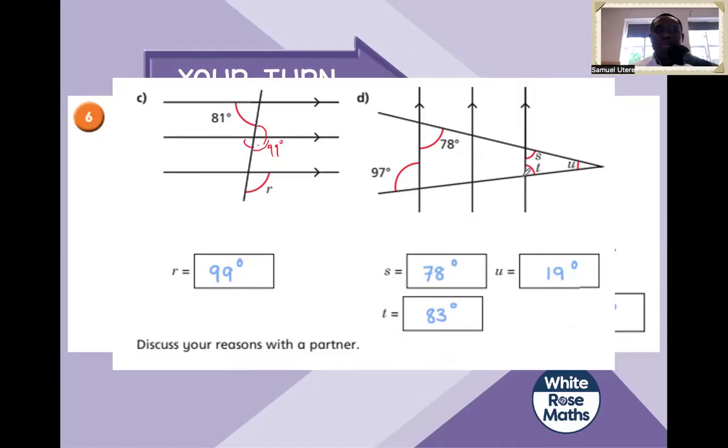Here, it might look complicated, but it really isn't. So we're trying to get these angles. So we know that this is 78 degrees. Now, if that is 78 degrees, then it means co-interior angles must sum to 180 degrees. So we can find this angle here by doing 180 degrees minus 78 degrees. Now, whatever angle we get there will have to be,